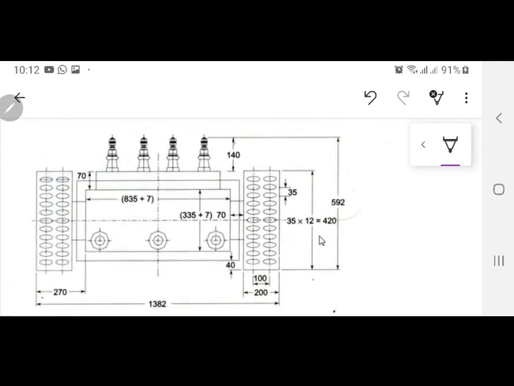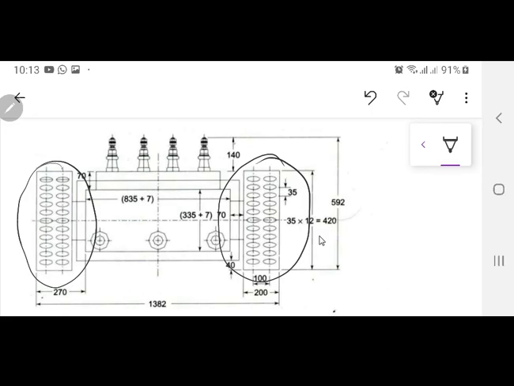This is a transformer. You can see the 4 bushings of 11 kV on the topmost side, or maybe the 400 volt side, and these are radiators. This is one radiator, this is another radiator over here. So the horizontal distance between two radiators, how much you keep, how many radiators you have, you are going to actually decide on that.